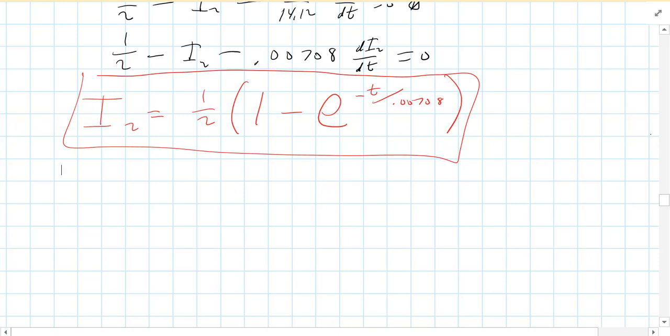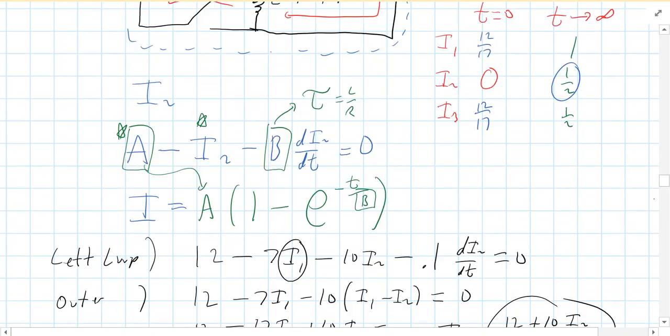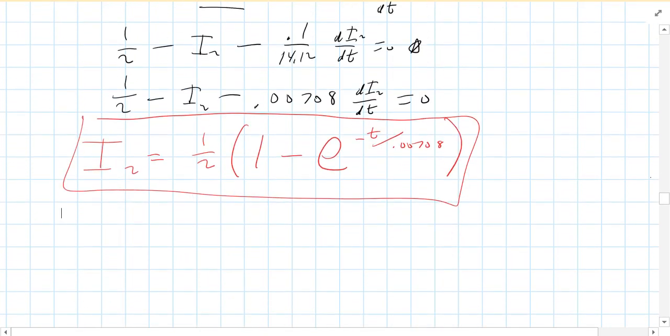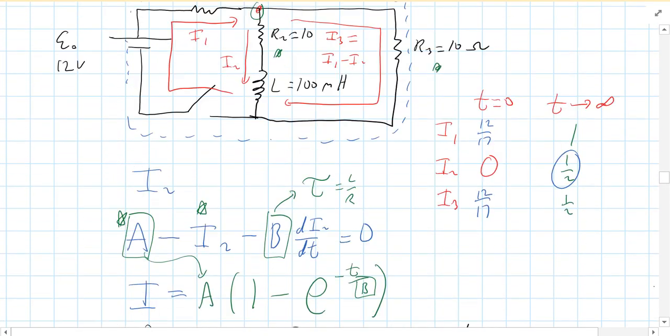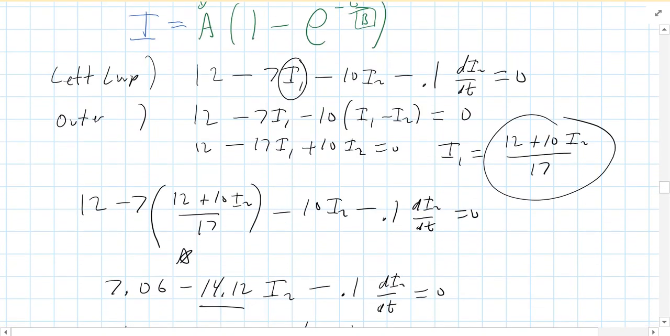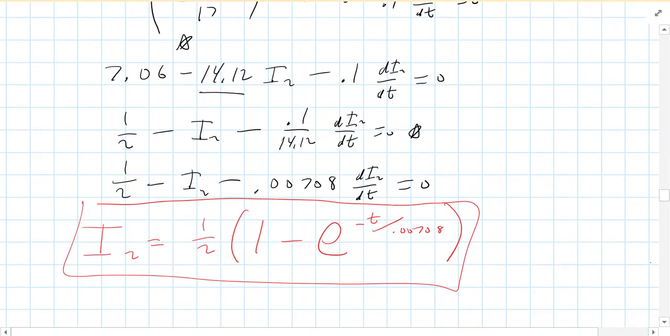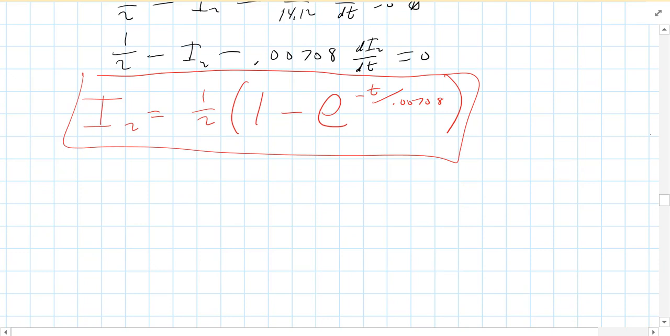Notice that it starts when time equals 0, e to the 0 is 1, and so 1 minus 1 is 0. So our I2 starts off at 0, which we said it should. After a long time, e to the negative big number is 0, so this becomes a half, which we said it should. So this equation does follow what we thought it should. Now, having said all that,